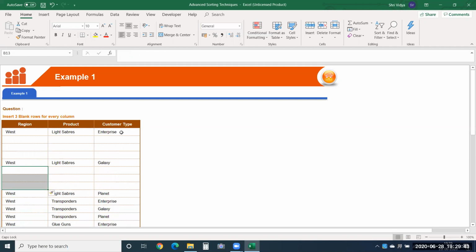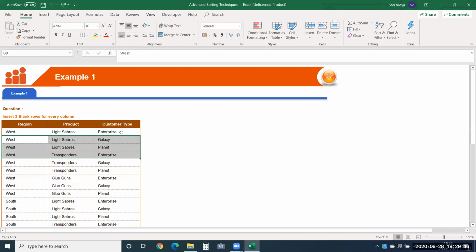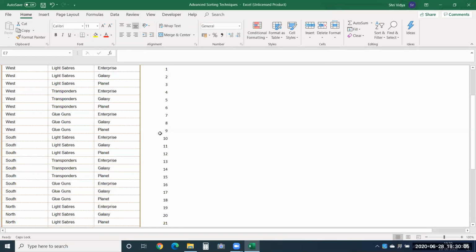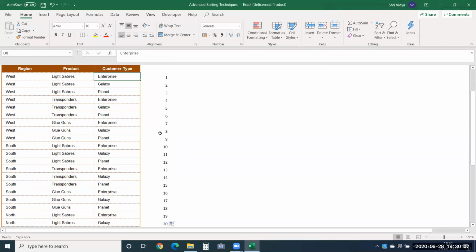So to do this manually, it will take a very long time. So I'm going to use a trick with the sorting technique. For this, you just have to observe carefully. I'll provide some serial numbers like this, and till the end, you are going to provide numbers for each row with data over here.